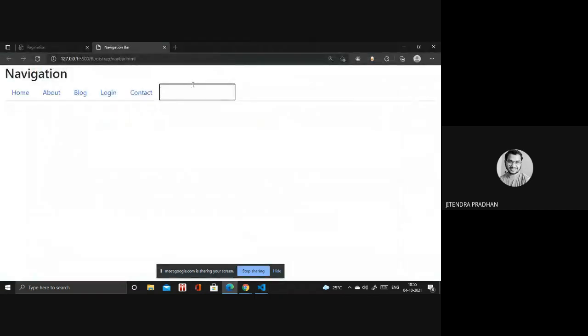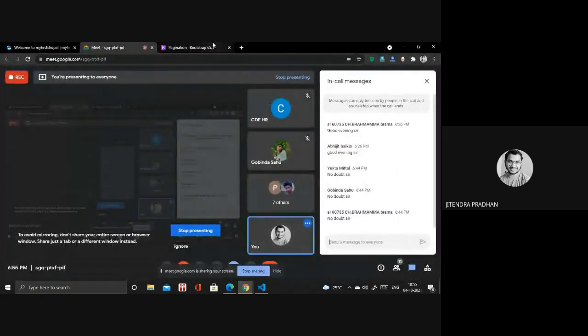Okay, if you want something on the right side, then you have to use something like float left, or you can use a flexbox inside. You have to write justify-content, and you can use space-between, space-around, all these things are there. According to the requirement you have to give. Okay, I will show you the other example as well, how it looks.